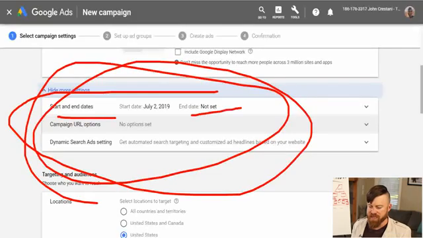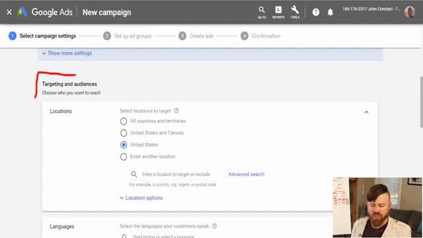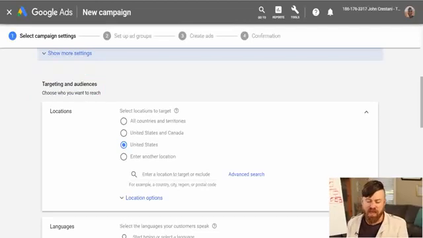If you need to set an end date, you can set it right there, but don't worry about these settings. Next, we're going to go to targeting and audiences, and this is where we set where we want to advertise to. In this case, I'm going to set the ads to go to United States, so this targeting is fine,